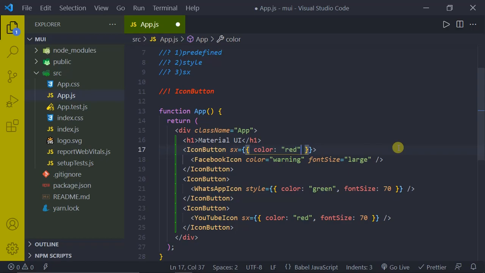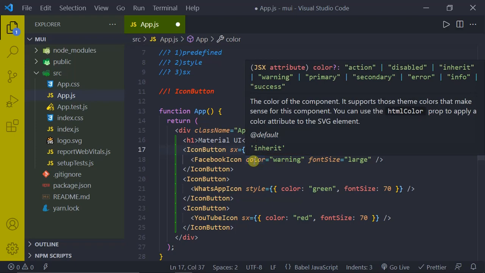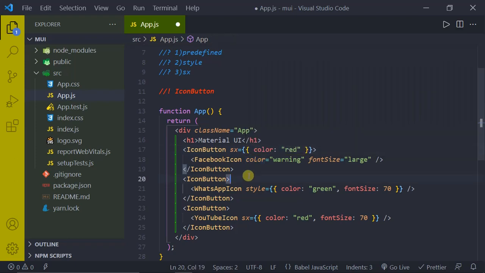And one more thing I want to show is here, we are seeing the values which are accepted by the color by hovering on that, okay? But this is the feature of VS Code, right? Whenever you hover onto a prop, it will show all the values, okay? But what if you are not using VS Code, and how to know which values a prop accepts, okay? So I just want to show that.